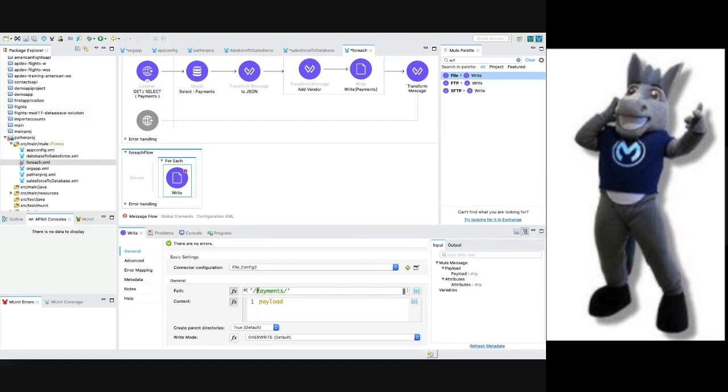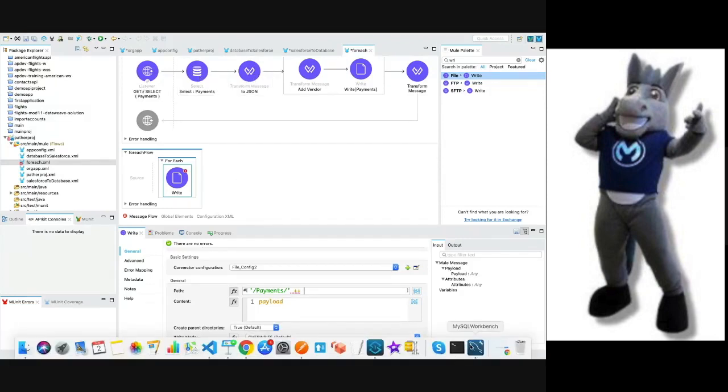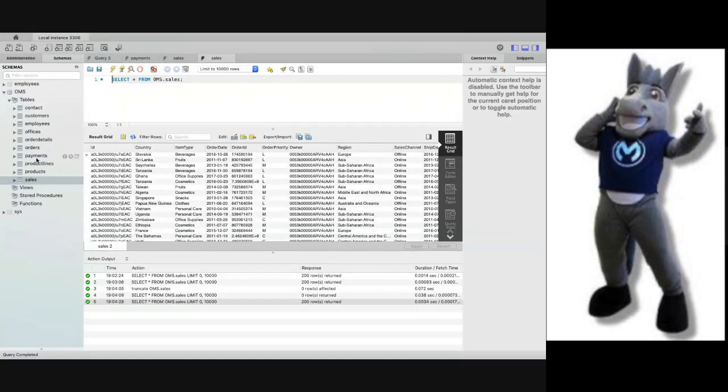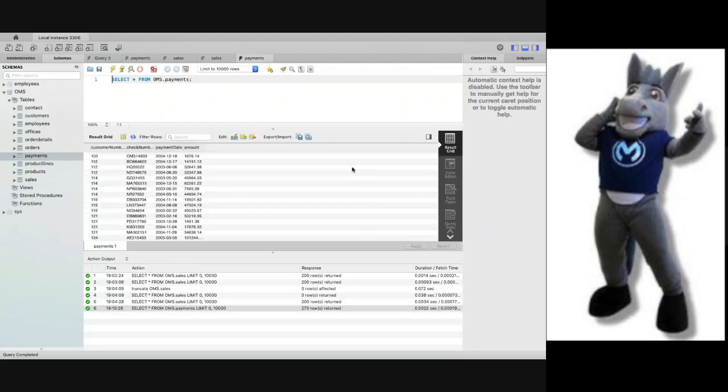And then what I'm going to say here, I'm going to write some files. So if we look into this payments table, let's quickly see what columns we have. This is our database, and under that we have this payments table. We will select it, and then we will go to